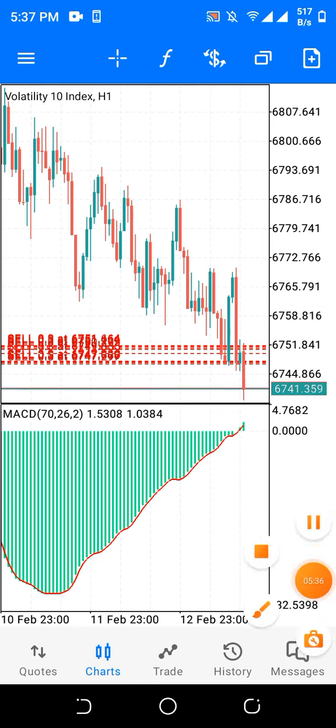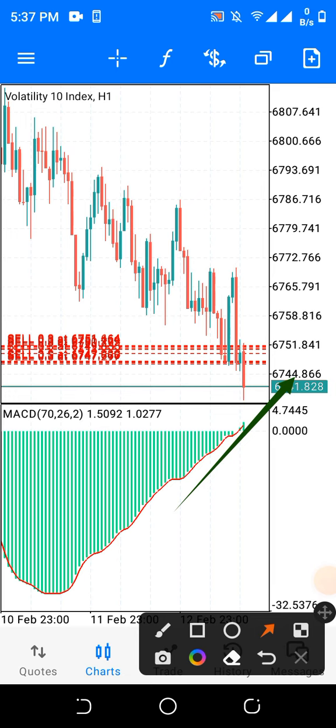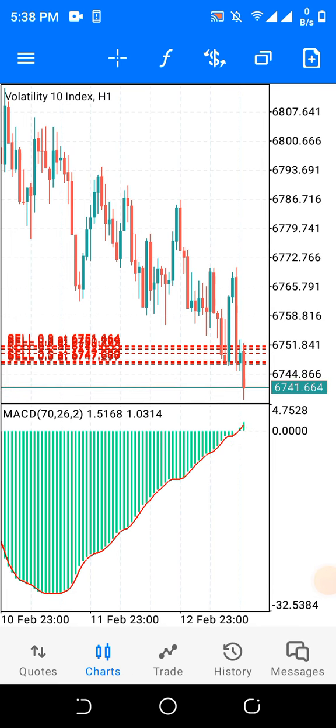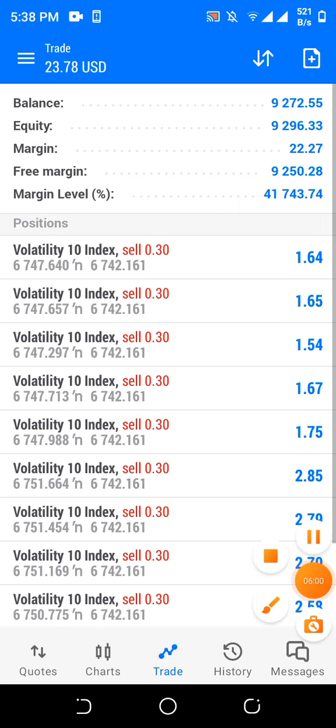Do you understand? So as you can see, the MACD continues to move up. So this is the point of concentration, the point where the correction occurred. Do you understand? And that is the reason why I made my sell entry. Do you understand? And the profits continue counting. So guys, this is